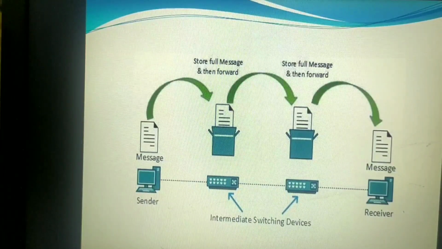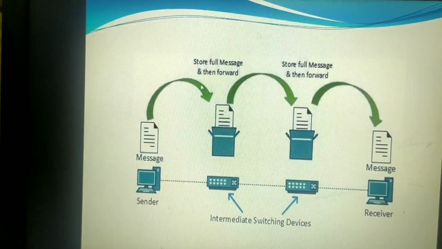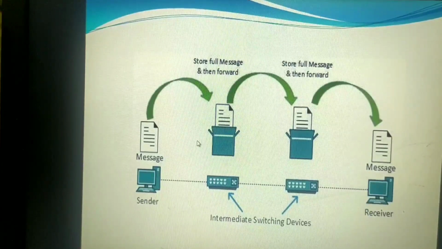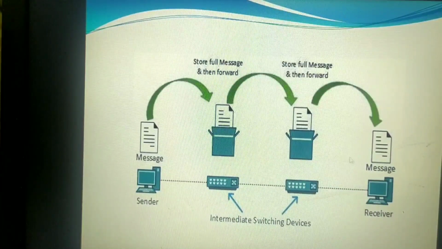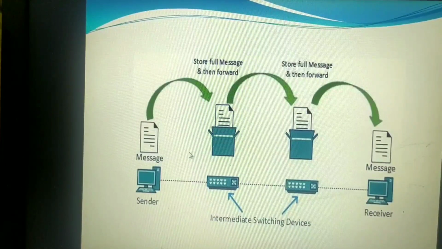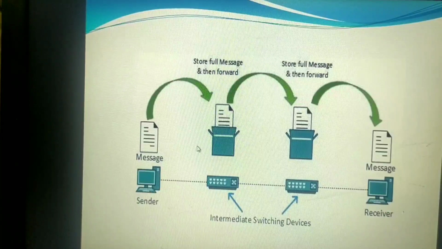So that entire 400 KB will be forwarded to the next switching office. Now this switching office, I have already said, what are the switching offices or the switches? They are the networking devices that make a temporary connection in order to send your data right from the source to the destination. When that 400 KB data packet comes to the nearest switching office, it will store the data into its buffer. Buffer is nothing but a memory.